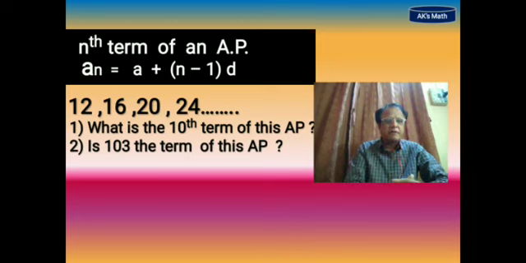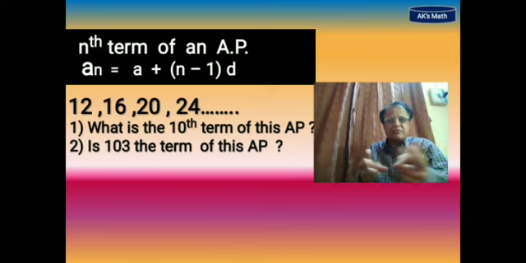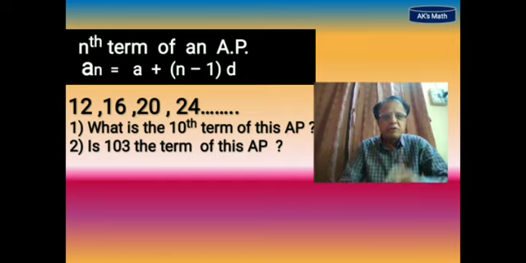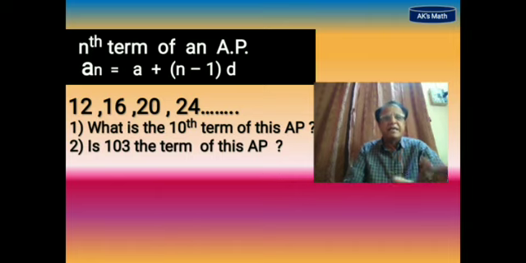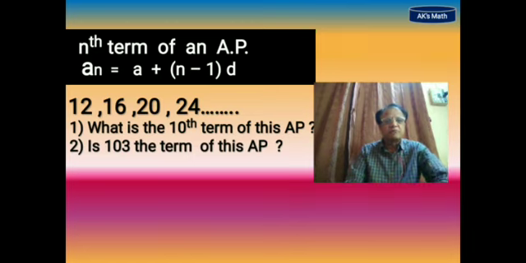In 12 we have the value of A, 12, now the value of D. Subtracting 12 from 16, we can easily find D. 16 minus 12 is equal to 4. So we have the value of D. We have the value of n also in the first question which is on the screen. It is equal to 10, and if we keep the values in the above formula, then easily we can get which number will be there on the 10th position. So the first type of question you can solve by using this formula.